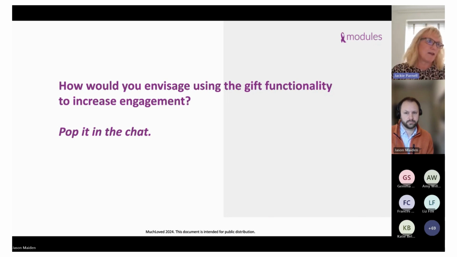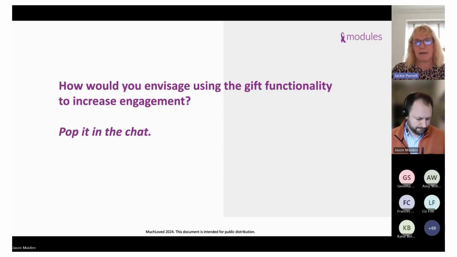So for an example, an idea I thought of: if you were planning an in-memory campaign and you had some imagery that went with that campaign, could that be adapted for a bespoke folder? Then when a supporter that you've already contacted about the in-memory campaign adds a gift to their tribute, they would see that branding, and it would be almost like joined-up touch points where that support comes across in your charity. It just follows through on that journey for them. So that was just one idea.